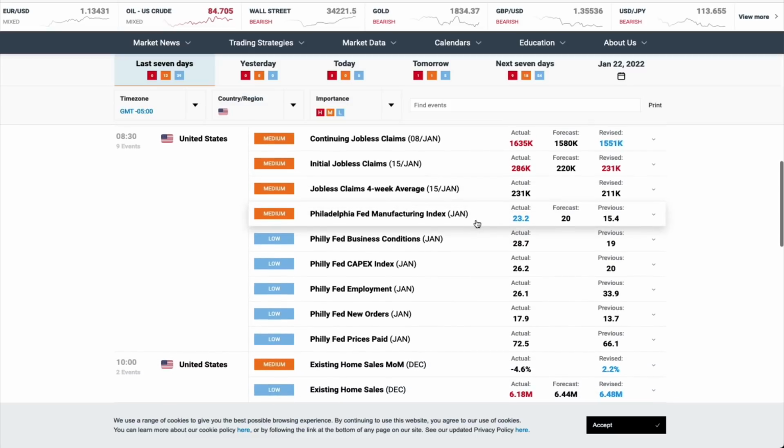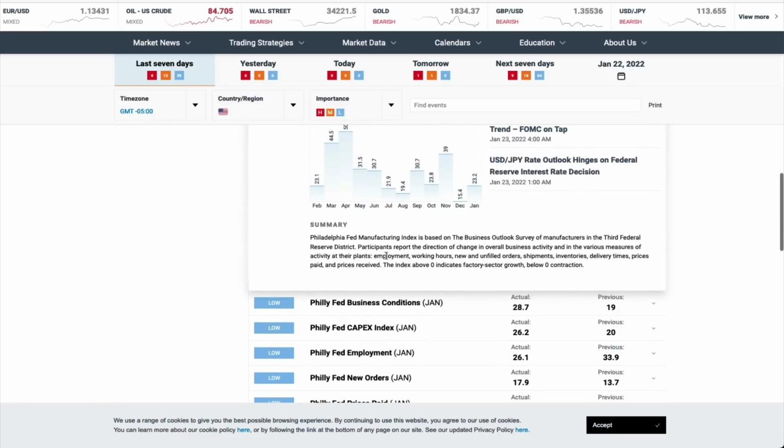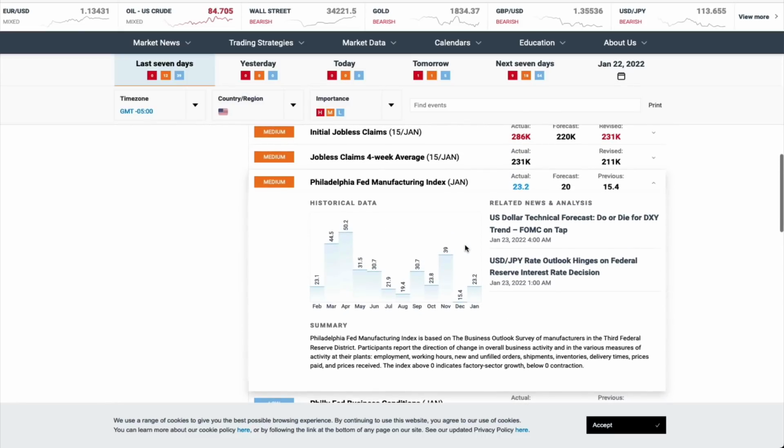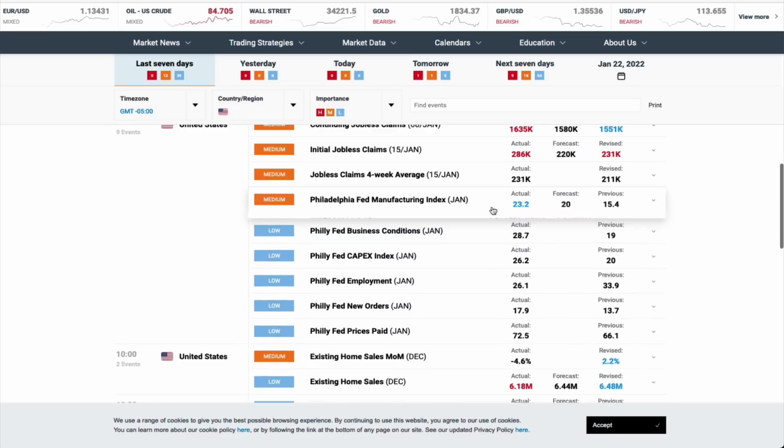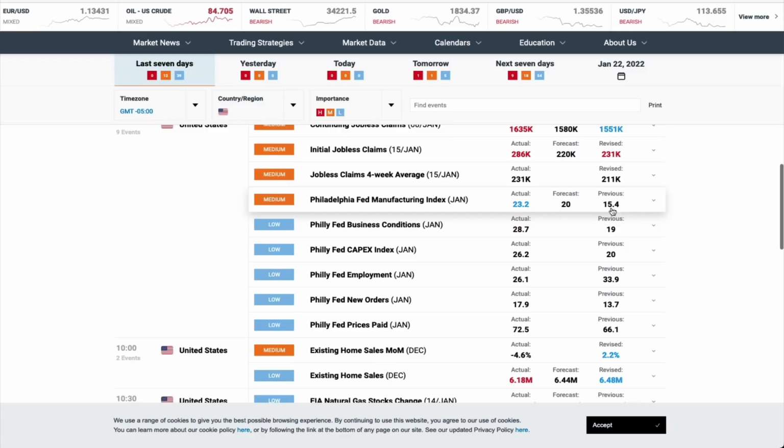Philly Fed, parts of this are leading indicators. You have 23.2. Some of the leading indicators in there are CapEx, and that came in higher. And I think new orders came in higher. So those are both, this is called the diffusion index. So you have to sort of dig into this a bit more, but this gives you an explanation of what it is. And if you want to dig into it more, you can just Google Philly Fed Manufacturing Index, and it'll give you all of the components of it. Some of them are leading indicators. The CapEx came in stronger, and new orders came in stronger on this, and actual is 23.2 versus a forecast of 20, up from a previous of